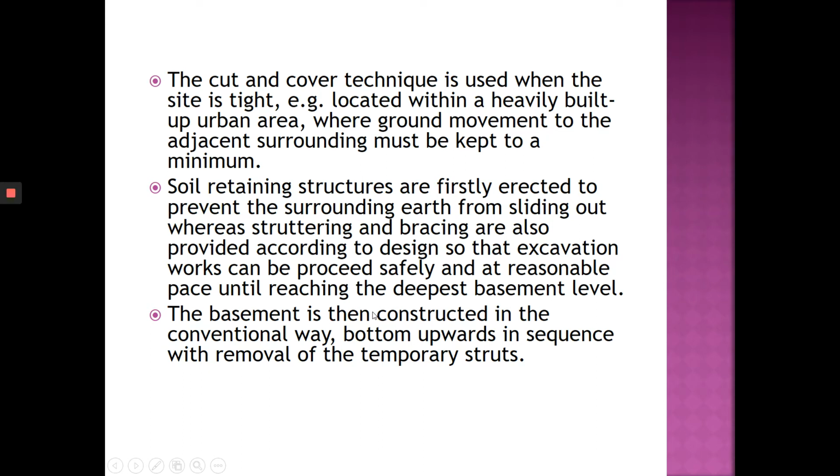Soil retaining structures are firstly erected to prevent the surrounding earth from sliding out. Okay, soil retaining structure, the one that I have explained, either it's contiguous bored pile, or soldier pile, or sheet pile, or secant pile, anything. Whereas strutting and bracing are also provided.